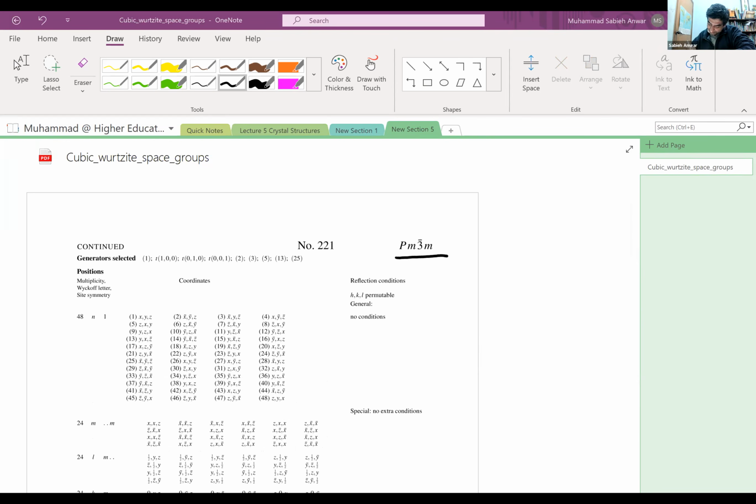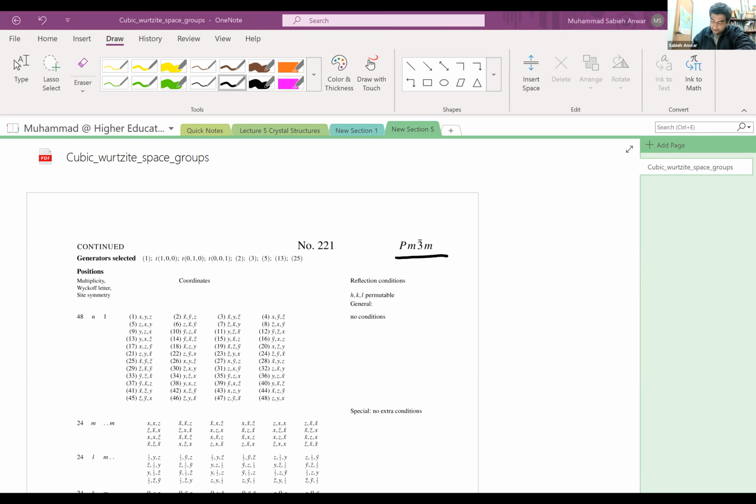Let me backtrack a little bit. Let me describe a little bit about these entries in the International Tables of Crystallography handbook. Okay, this is what you get. So let's see how many pages we have for this space group, which is